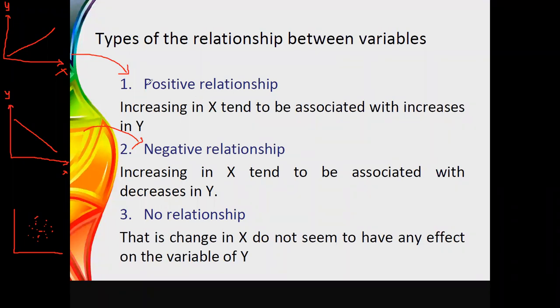Therefore, we can say using the value obtained for Pearson or Spearman rank correlation, you can say whether it is a positive relationship, a negative relationship, or if you are getting the value as 0, then we can have it as no relationship. And if you see the behavior of the data points, you will see the values in this form. Here it is a positive relationship, here it is a negative relationship, but here there is no pattern. Therefore, we can say that there is no relationship if we are getting the graphs in this form.